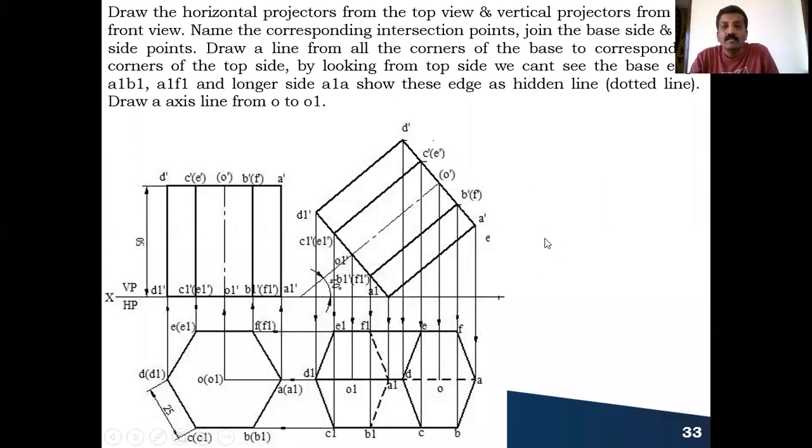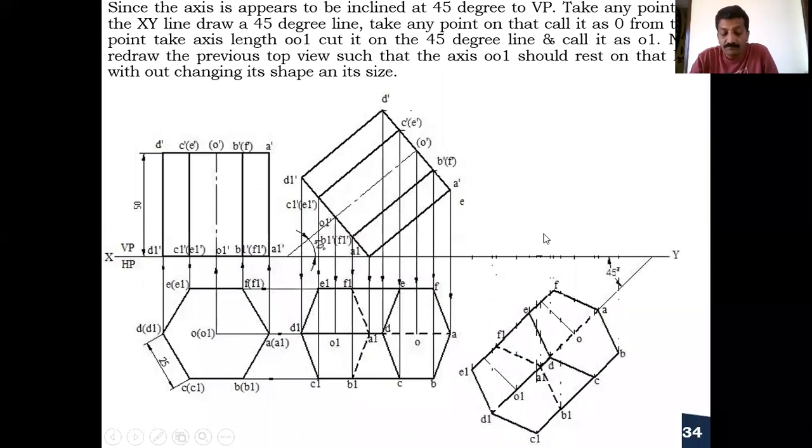And coming to the last position, he himself gives that the axis appears to be inclined at 45 degrees to VP. That means it appears to be as given. This inclination itself is your apparent inclination, that is the beta angle. No need to take the locus for this. So straight away, in whichever direction you want, you can draw the 45 degree line. After drawing a 45 degree line, you take any one point on this 45 degree line and call that the axis point O.